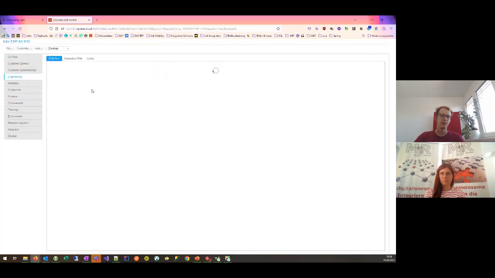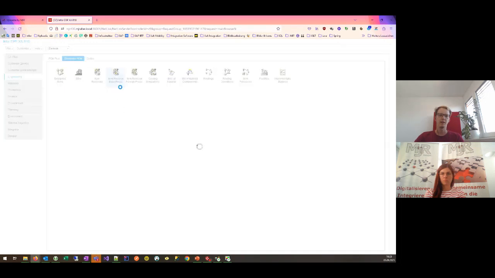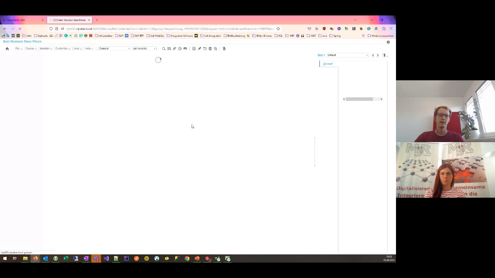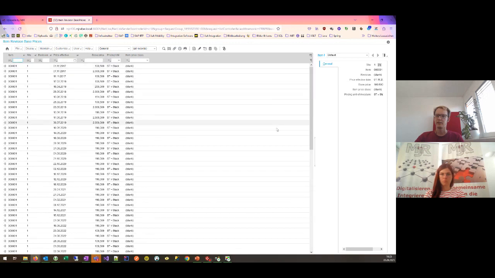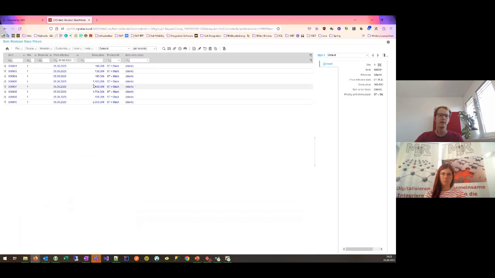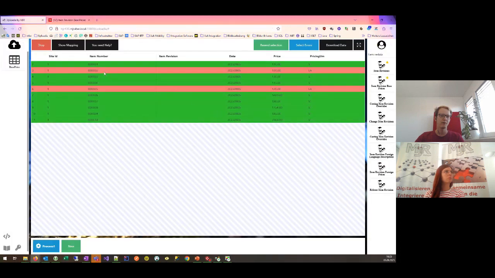So I go to engineering, EPDM, item revision base price. We are at a release 10 environment, so I could use the row filters in that link. I really like them. Here I can select current date, and then we can see we have uploaded these prices over here. We have missing item numbers 2 and 5, and these are the item numbers where we have an error over here. And when we click on it,